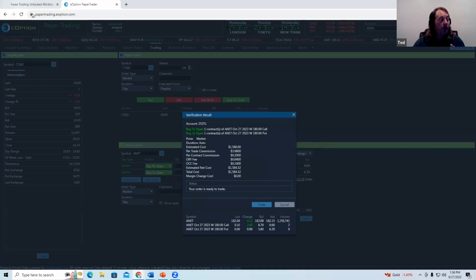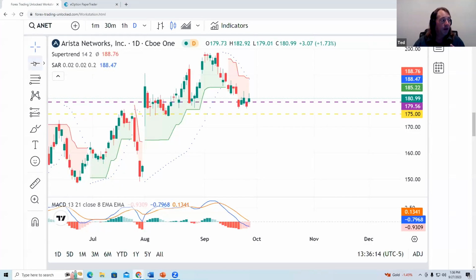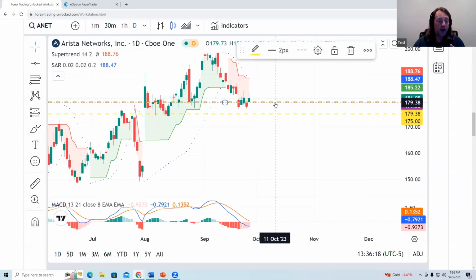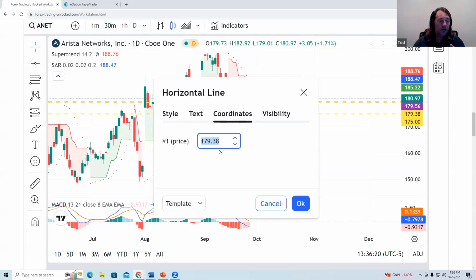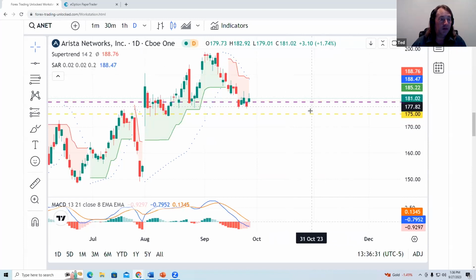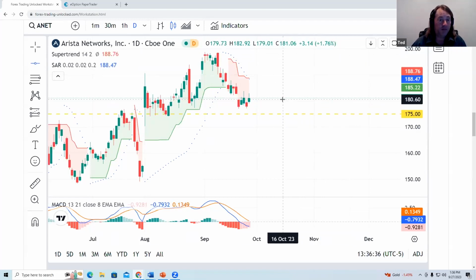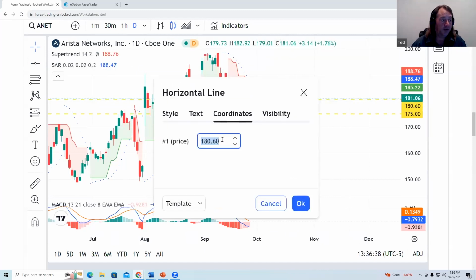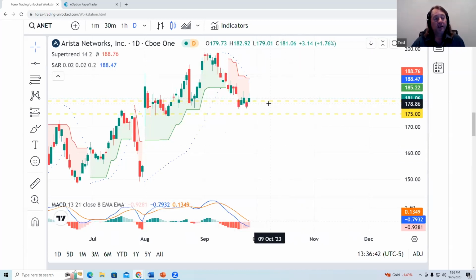All right, so if we were to put a straddle on, and put it at, let's say, the 180 level. Sorry about this. There we go, 180 level. We take this other one out. Let's make it easier. Okay, there we go. So if we do the straddle at the 180 price,